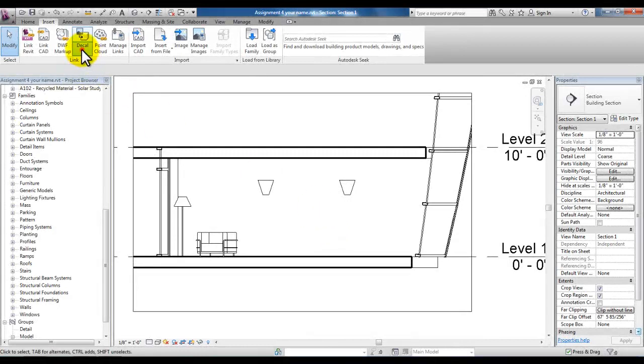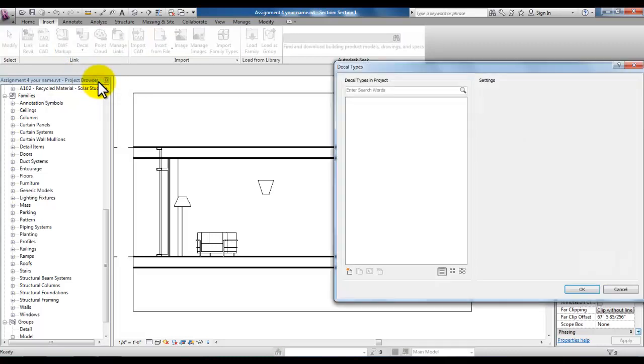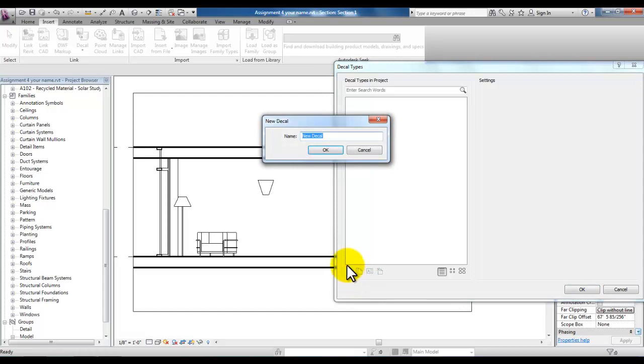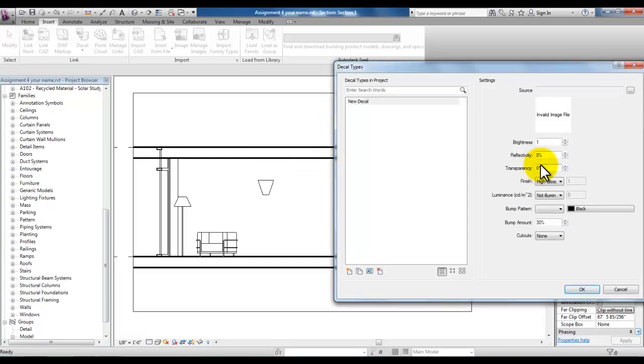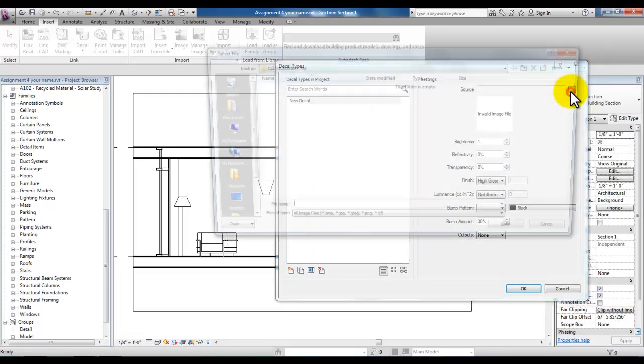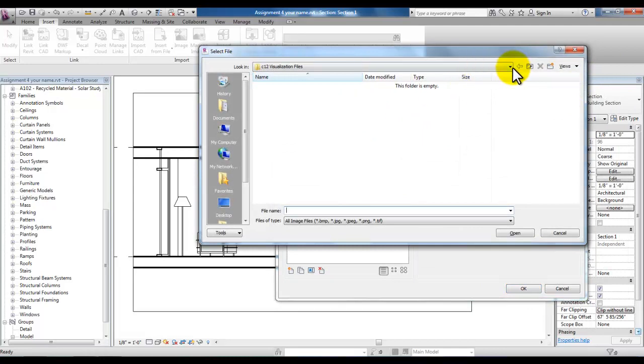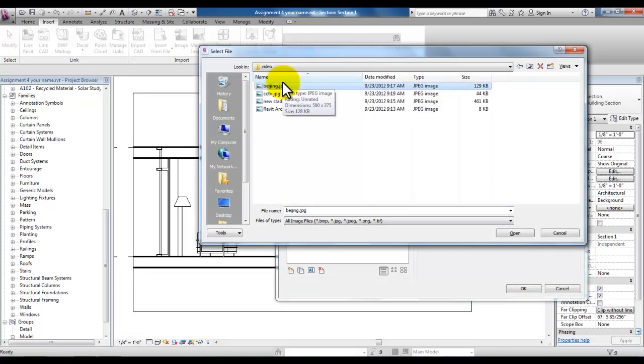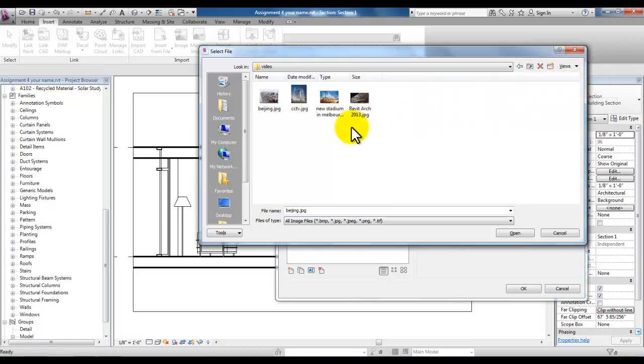go to the Insert tab and go to Decal and Decal Types. Then, like duplicating, pick here at the bottom left and then pick OK and create a name for your image. I'll just use New Decal and then pick OK. And then at the top right, pick that icon with the 3 little dots, then navigate over to your images, select one, and you can change the view to thumbnails if you need to, and then pick Open